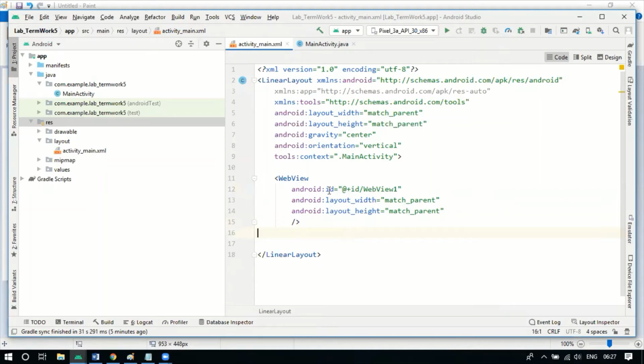This will be the designing part, and then you will go to MainActivity.java.